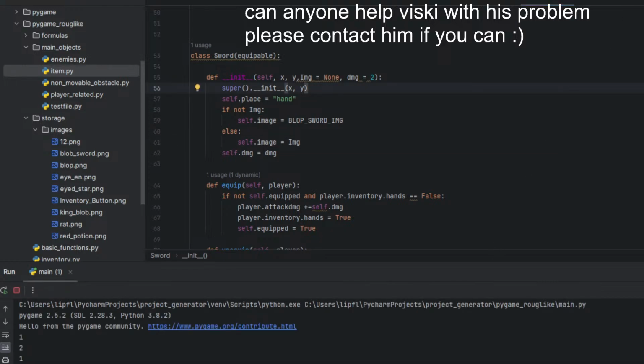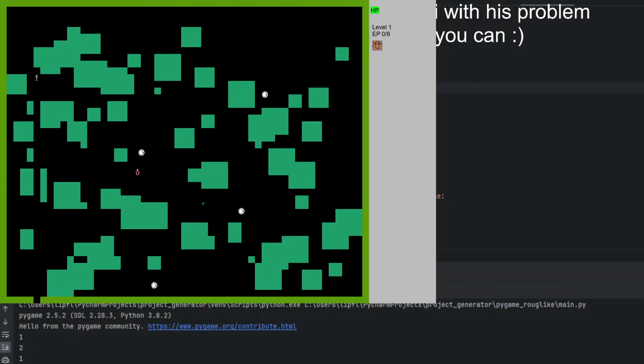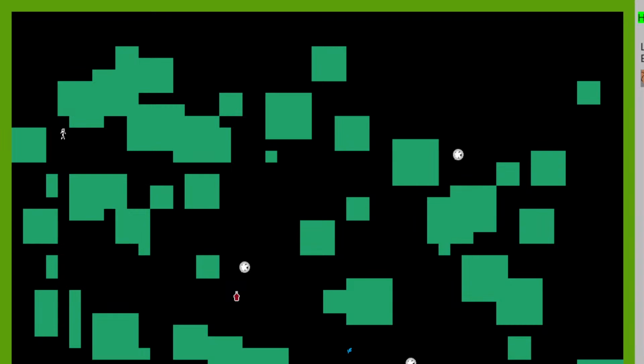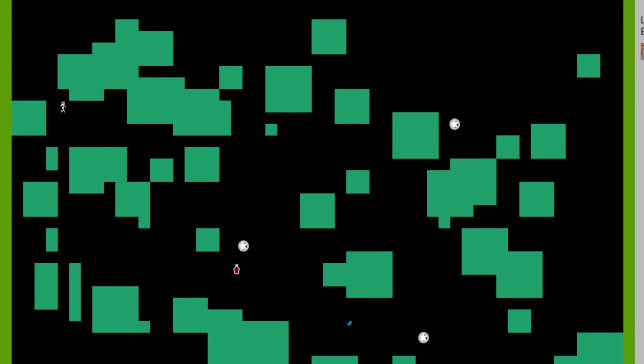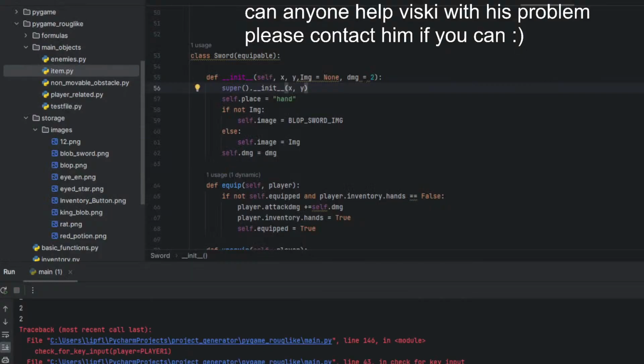Here we go. And there's this sword, or we can equip it. Hope you can see that because it's pretty small. So let me show you. Here we go. Now we can reach the sword. We reach it. We kill these enemies. And yeah, here we have it. And we kind of crashed it. That's perfect. Not.